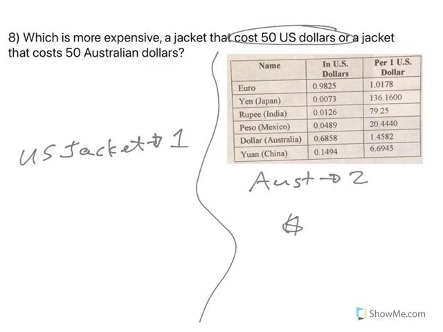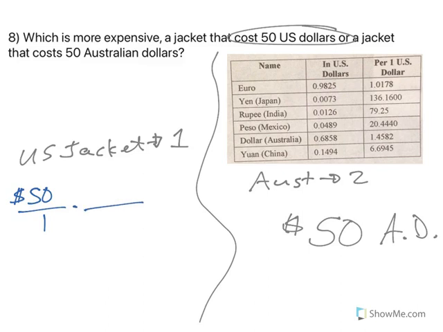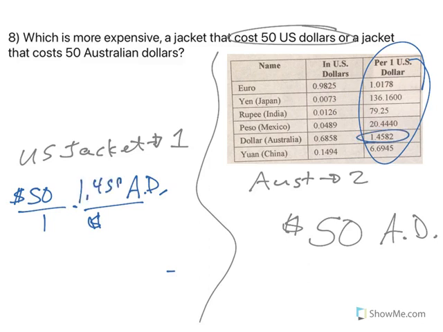So we know this one is already 50 Australian dollars. Now I'm going to take the $50 jacket in US, and I'm going to change that to Australian dollars. So per US dollar, find my Australian dollar, and I get 1.4582 over 1. That cancels out my American dollars. I multiply straight across, and I get